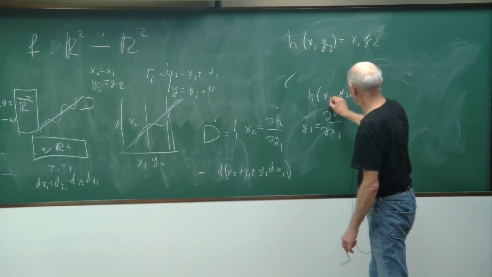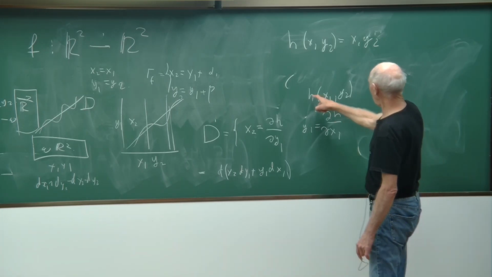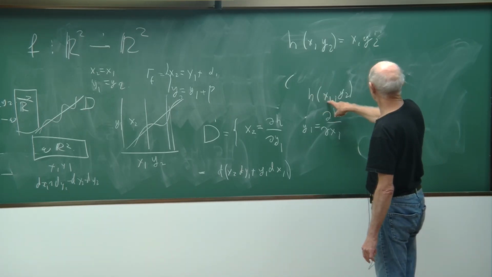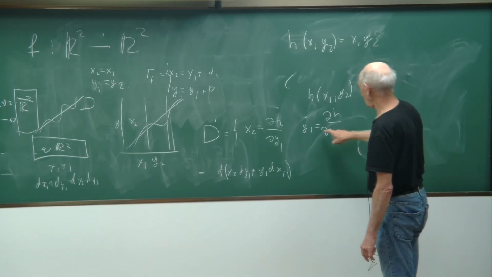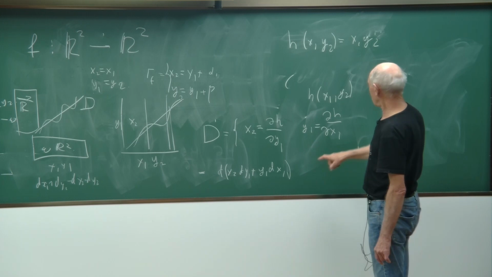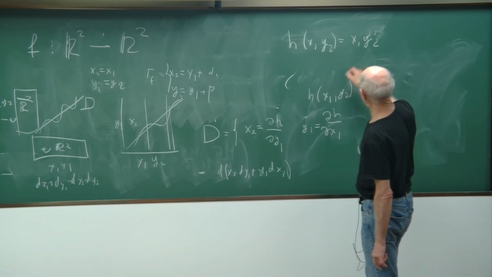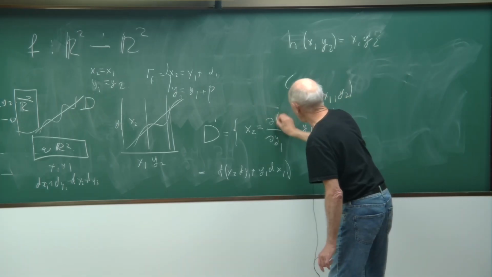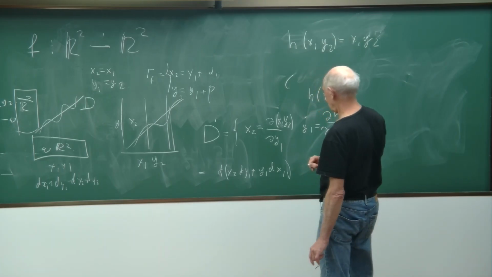So y1 equals del h del x1, y2 equals y1, and x2 equals del h del y2. So what here? If you take the derivative with respect to y2,